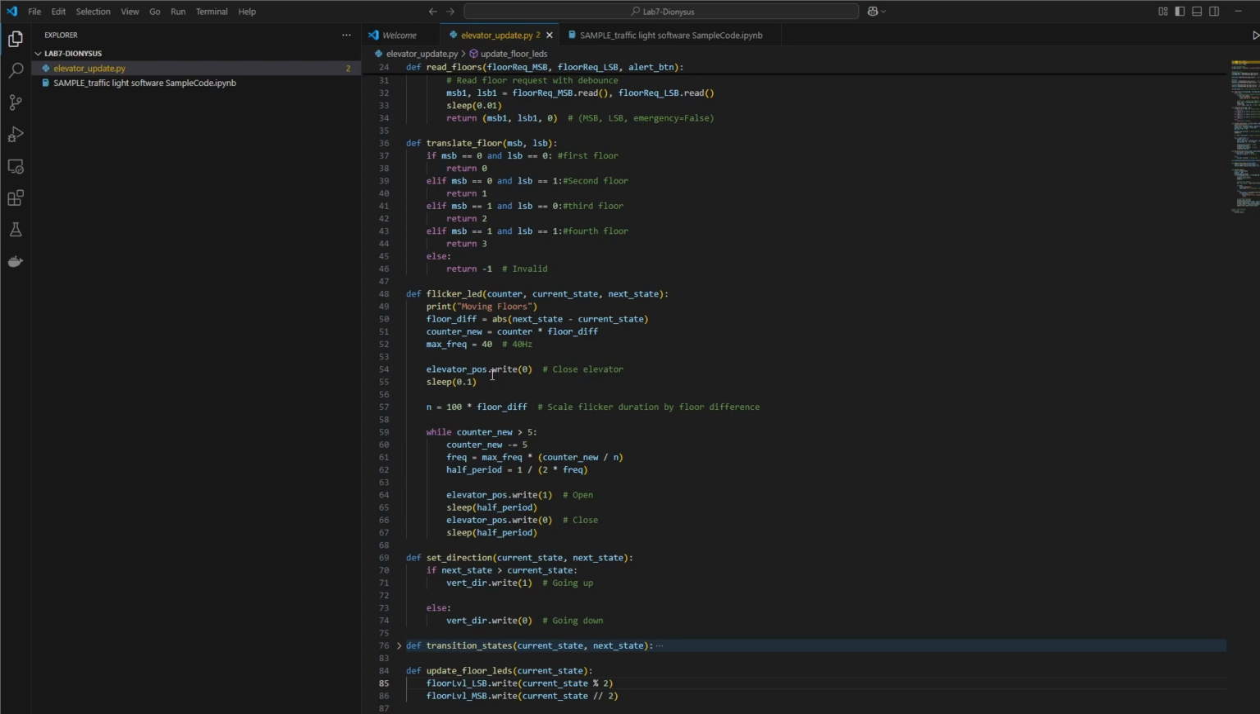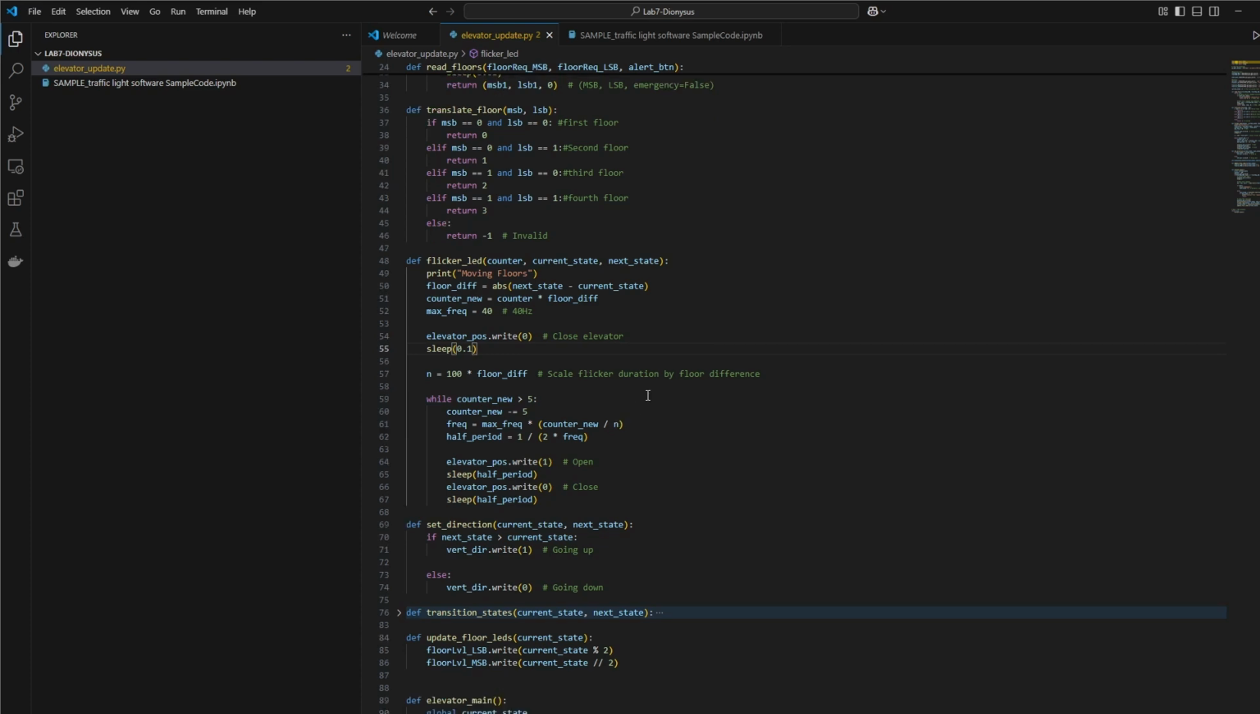So before there's any flickering, right? Anytime an elevator is functioning, it's going to have to open first, right? And then after some time, it's going to have to close, right? So we make sure that the elevator is closed before it's moving, right? So that's why we make sure that the elevator is at its closed position, right? And then we pause. And of course, this is just our scale factor for the